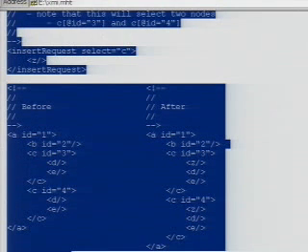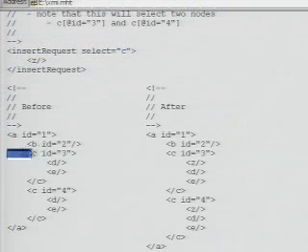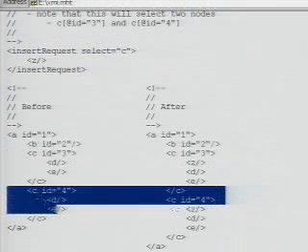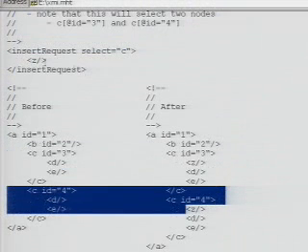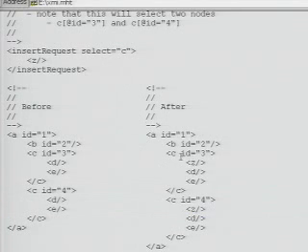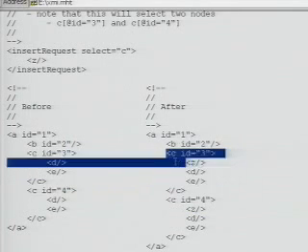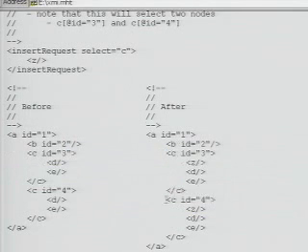There's the C node that has the ID of 3. Maybe highlight that with the mouse directly so that they can't see you pointing at the screen. Yeah. So there's this node on the before, and then there's also this other C node before. And so we've said that we want to select any C node and insert the data Z. And so actually, because there are two nodes with this simple insert operation, we've said that we want to do a select. Z will get actually inserted in both places after the fact. So both in the C node with ID 3 and the C node with ID 4 are both going to receive a Z object.